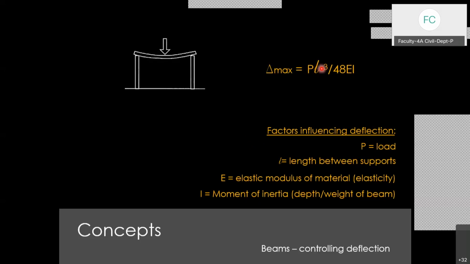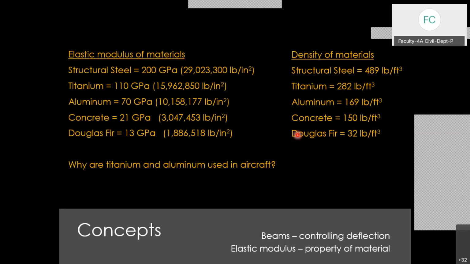And then you will have what kind of material you are using. So what is the elastic modulus of the material? E will vary whether it is a concrete structure or steel structure or composite structure or any other kind of structure. And similarly, I, moment of inertia, depends upon the depth or width of the beam, or you can say what is the cross section of that particular beam. So depending upon the cross section of the beam, your moment of inertia will vary, and depending on all those factors, delta max or the deflection will vary, and this is very much needed if we are going to do the deflection calculation.